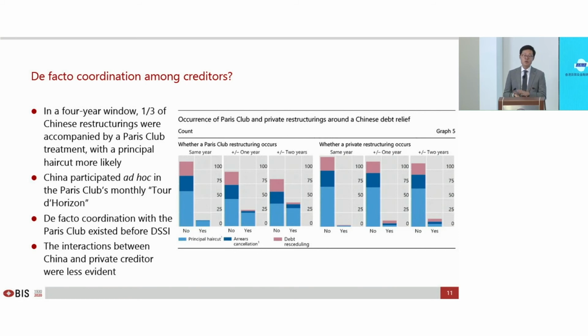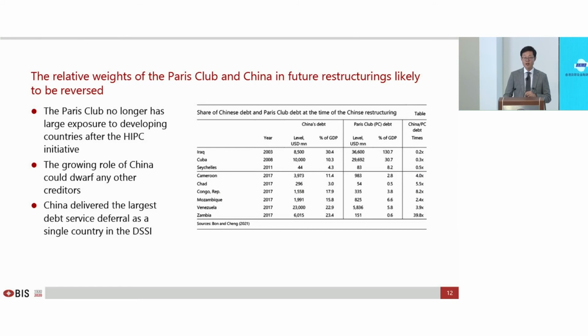Here I want to emphasize that de facto coordination between China and the Paris Club even happened before the DSSI. China was several times invited to participate in the Paris Club's monthly Tour d'Horizon to talk about debt relief. But here, China is an ad hoc participant and is not a permanent member. So to emphasize a bit more